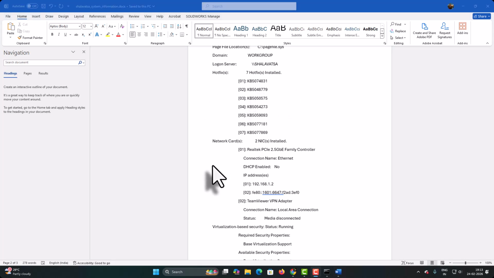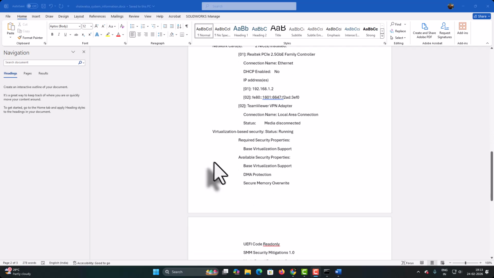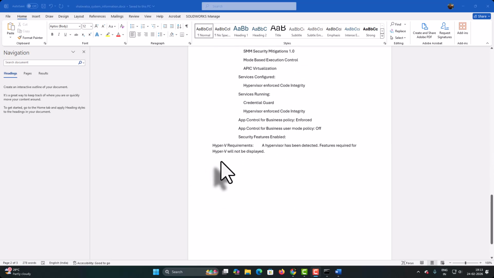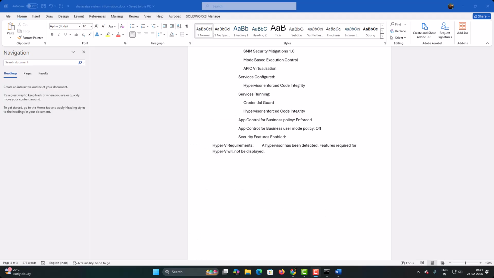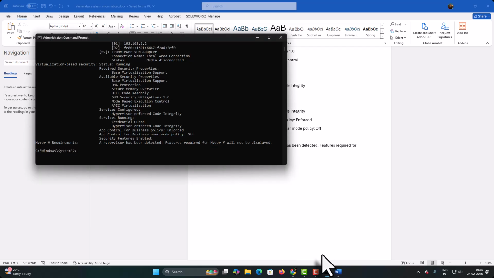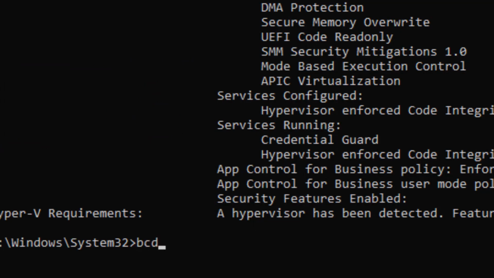One very important factor here is if you scroll down, you can see here Hypervisor enforced code integrity. This is a service which we use for memory security purposes on Windows Enterprise version, and this consumes about 3 to 8% of your GPU power, and for AI film studios it is always advisable to turn off this service. Now to disable this, I will again come into my command prompt and type bcdedit